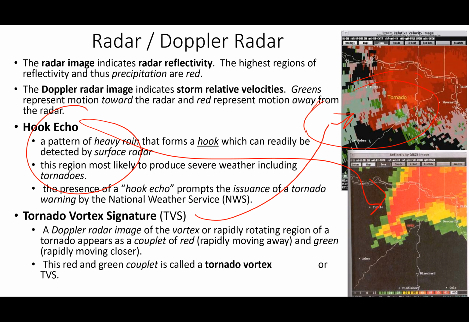Very good. I don't know if you need the words here. Vortex signature, that probably would. And the last one was just